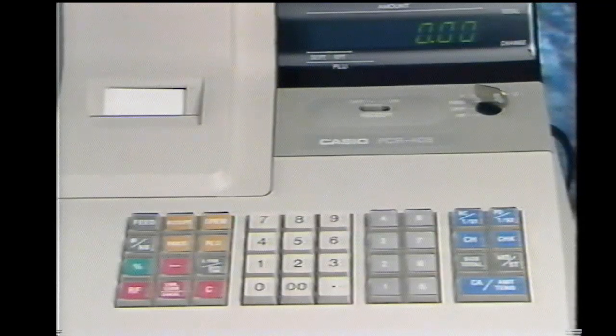This is the keyboard, which is divided into 4 groups of keys. They are arranged for ease in operation, but may be in slightly different locations depending upon the model you chose. However, they are also color-coded to help you find them quickly when learning how to operate your register. We'll refer to these colors throughout this program. The keys are labeled with their common functions, but they are also pressed in a certain order when programming your